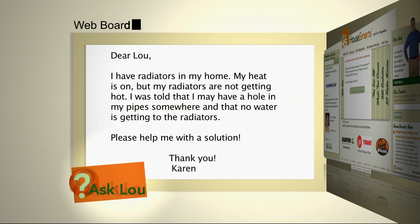Here's an email from Karen in Philadelphia. I have radiators in my home. My heat is on, but my radiators are not getting hot. I was told that I may have a hole in my pipe somewhere and that no water is getting to the radiators. Please help me with a solution. Now, Karen, you might need the help of a boiler contractor, but before you call them,